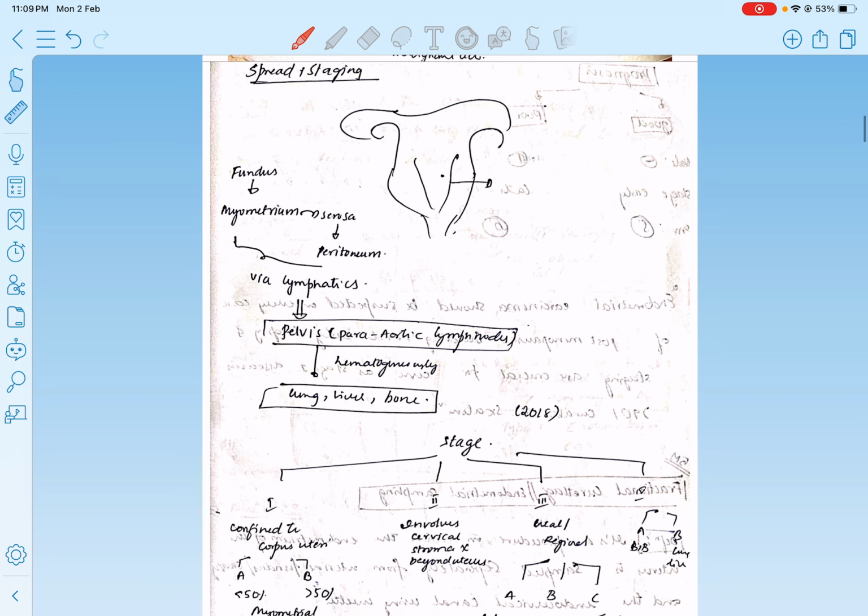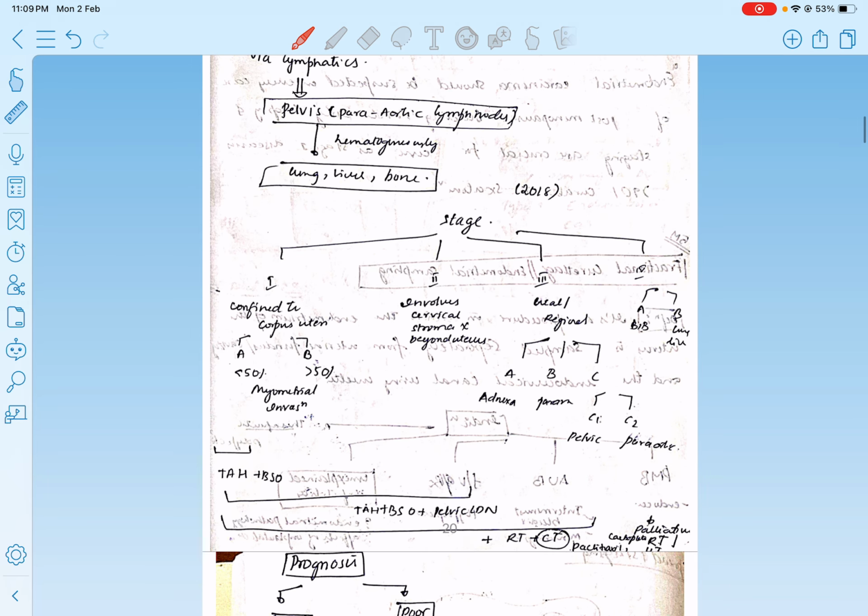Okay, so basically based on the staging, this is the staging. It's important to know. So what happens in stage 1, it is limited to the uterus body itself, that is confined to the corpus uteri, that is uterus. Here the cervical stroma is not involved. Okay, but in the third stage, what happens is you will have, again, as I told,